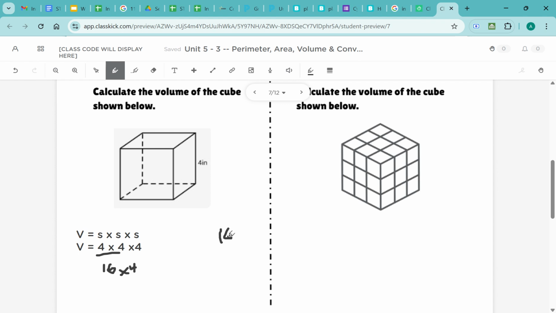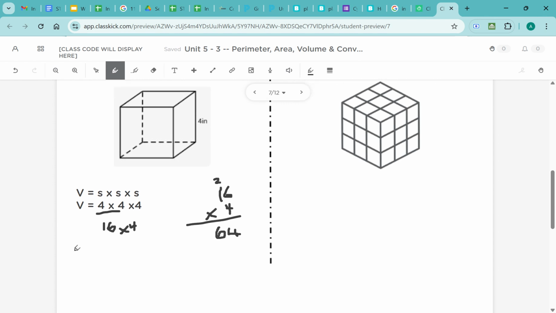I can't do that in my head, so I'm just going to work it over here. I put in a little extra work to double check, triple check, to make sure I get it right. 6 times 4 is 24. Carry my 2. 4 times 1 is 4, plus 2 more, 6. So V equals 64